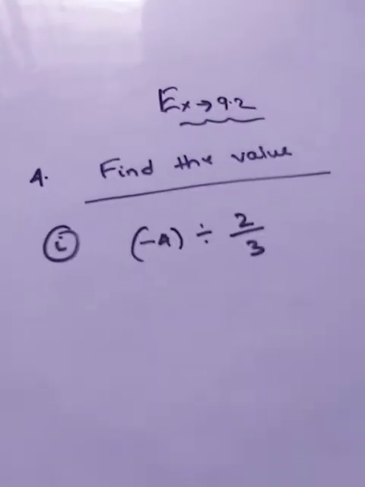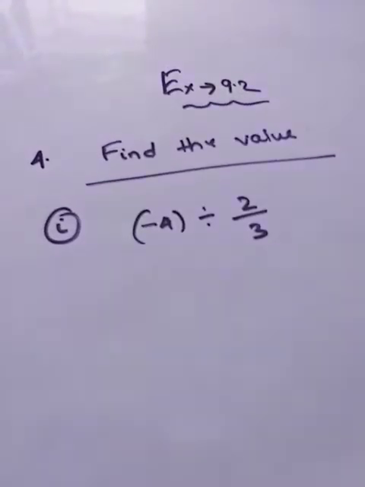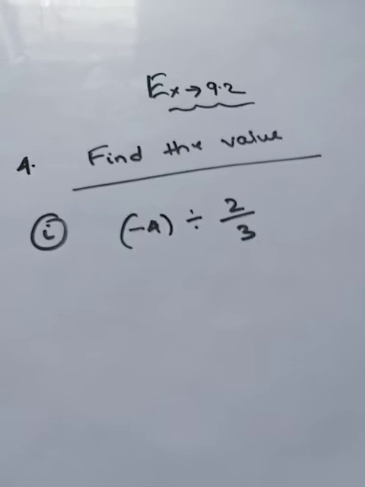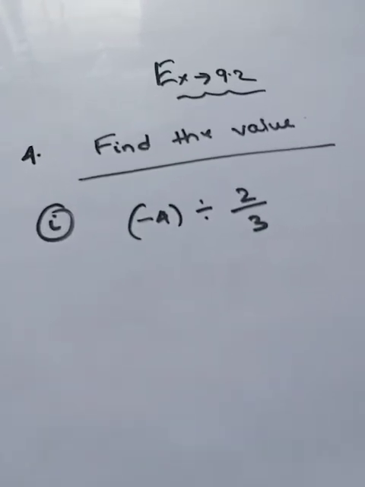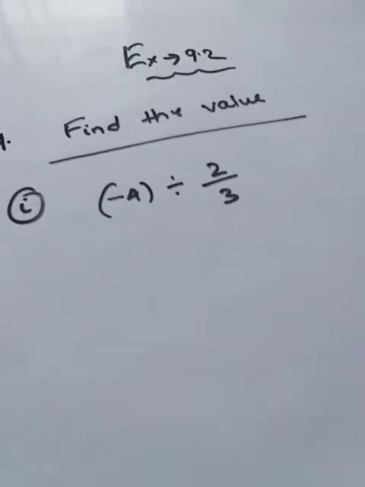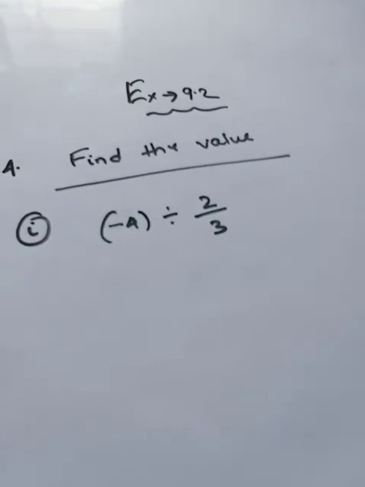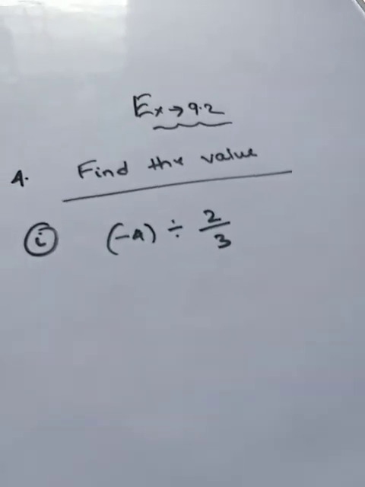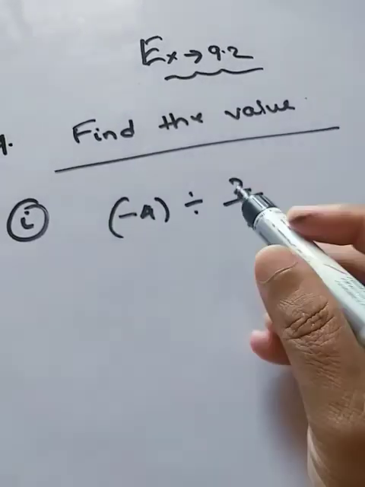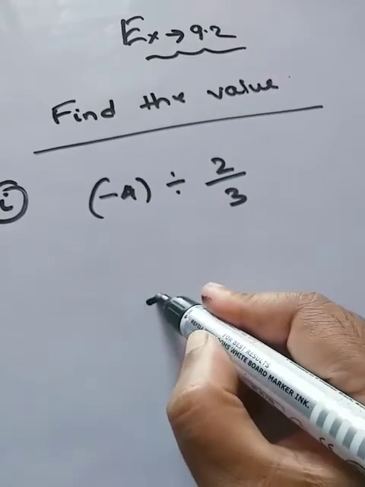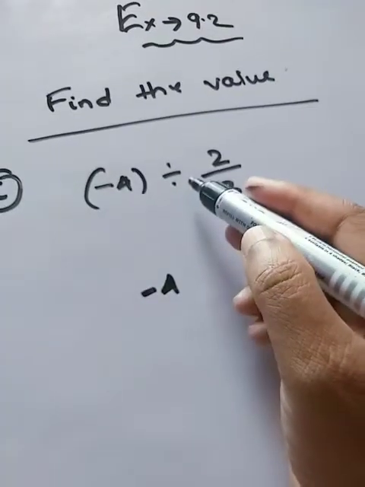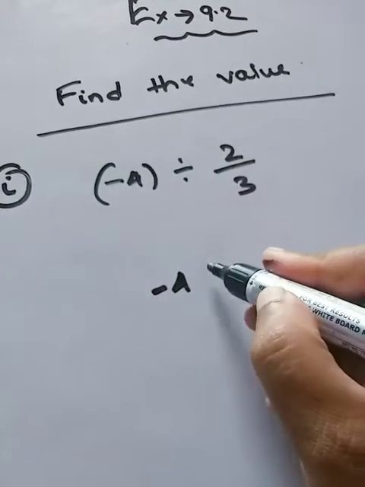Students, welcome back. Now in this session I will explain question number 4 of exercise 9.2. In question number 4 we have to find the value. You see that the two rational numbers have a division sign in between them. So when you see the division sign between them, you have to replace it with a multiplication